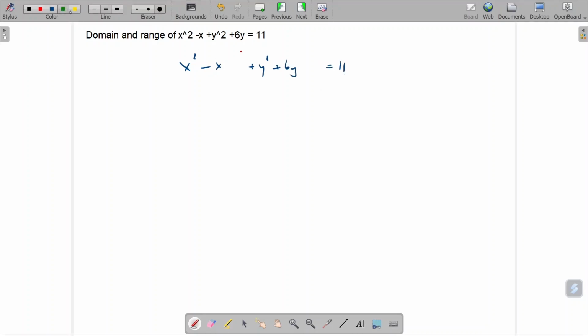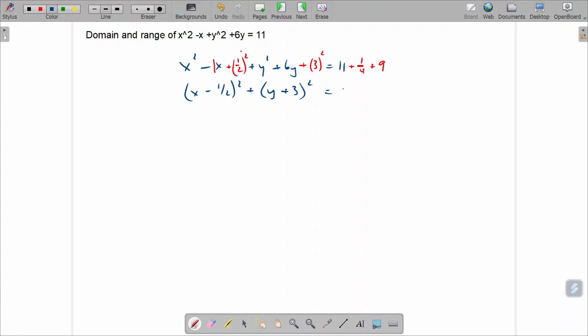And you may notice again that I'm leaving space to complete the square. So if this coefficient is minus 1, I need to halve it and square it. This coefficient is 6, so if I halve it and square it, I need to add a quarter to the right-hand side, and I need to add 9 to the right-hand side to keep the equality. What I then have is x minus a half squared plus y plus 3 squared